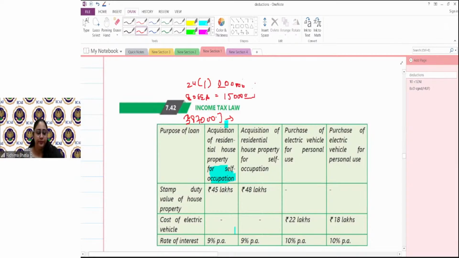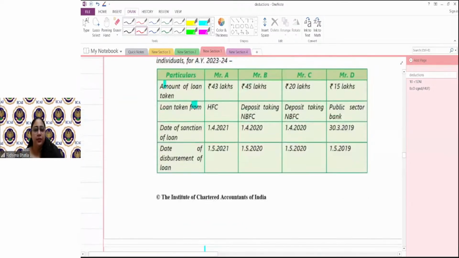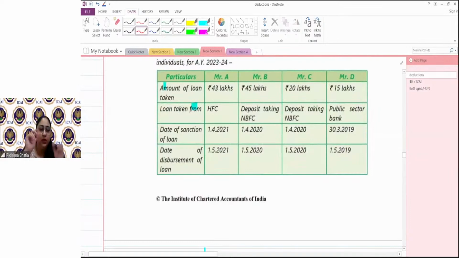Just simple. Any doubt? Okay. Now let's move to another person. Another person is our Mr. D, who has taken